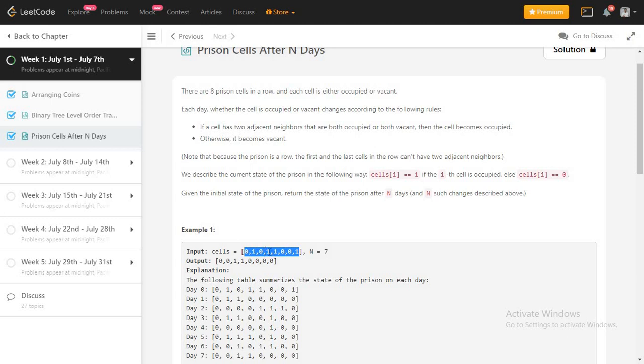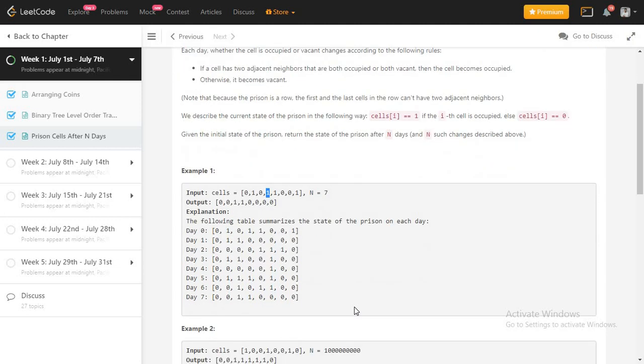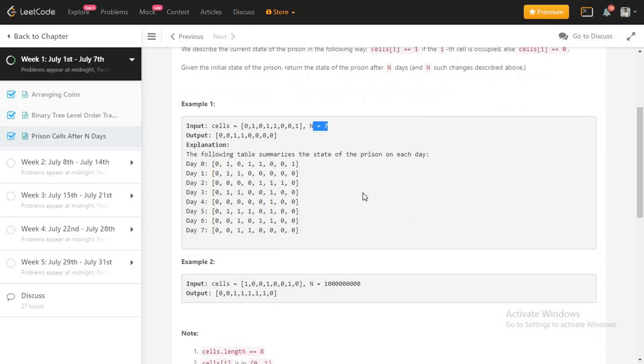Then if you move to this location, the 1, you can see here that its right is 1 but its left is 0. So left and right are not matching. In this case we will put 0. Yes, this is how we need to iterate, and we need to return the new cell structure after the given number of days. Okay, so there are multiple ways to solve it.